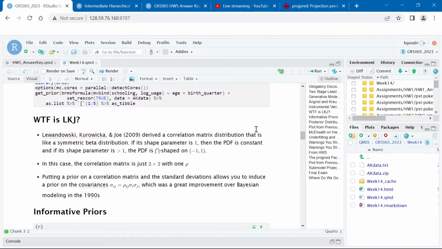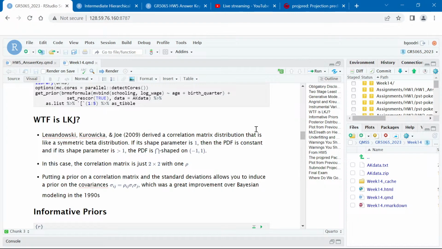What I did was come up with the name LKJ for the distribution that Lewandowski, Kurowicka, and Joe derived. And that's because me and Bob Carpenter couldn't spell Lewandowski Kurowicka, who I was pronouncing like Kurowicka in 2009, but it's actually Polish, and she's actually a woman, which I did not see coming. And we couldn't spell Lewandowski, Kurowicka, and Joe, so we started calling this distribution LKJ